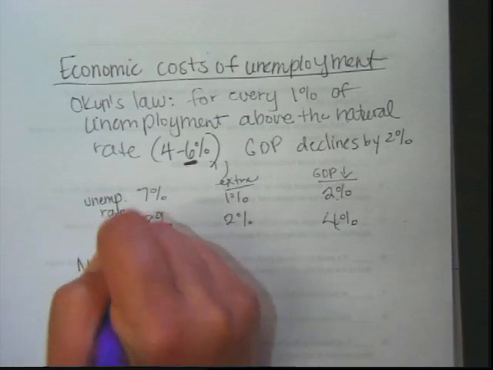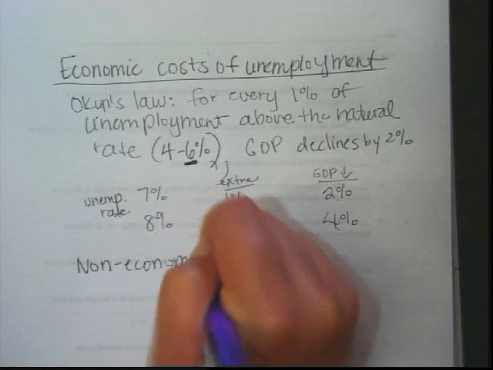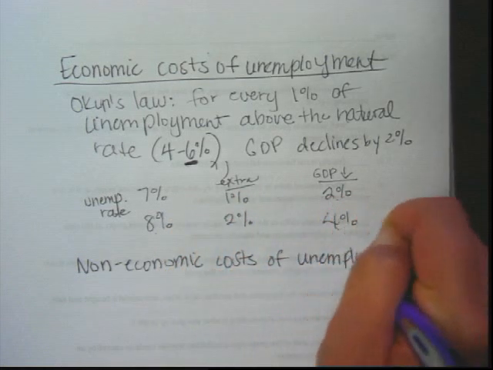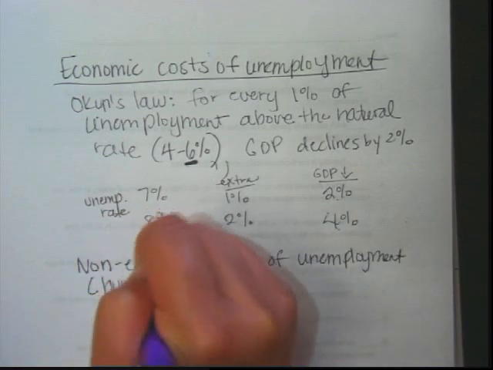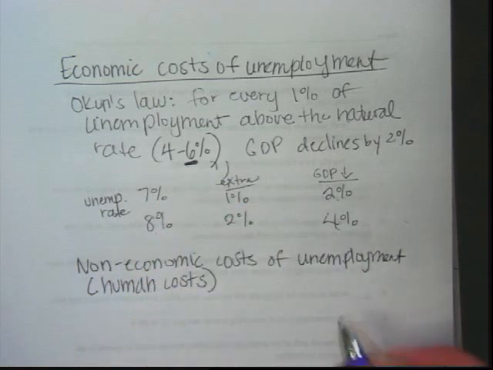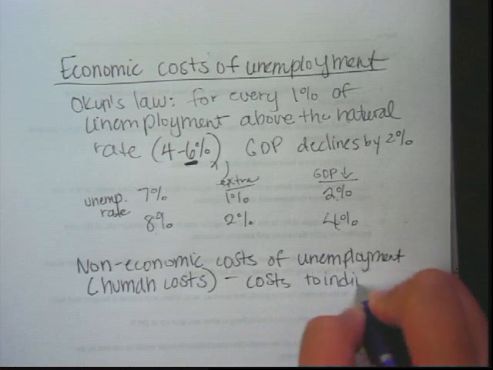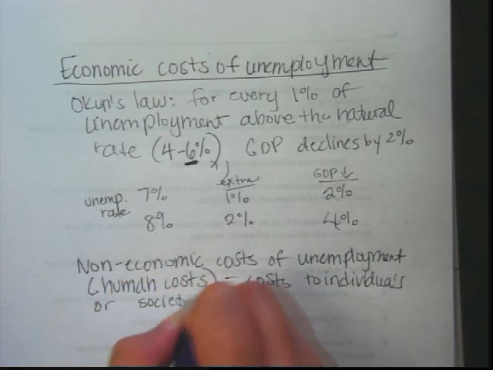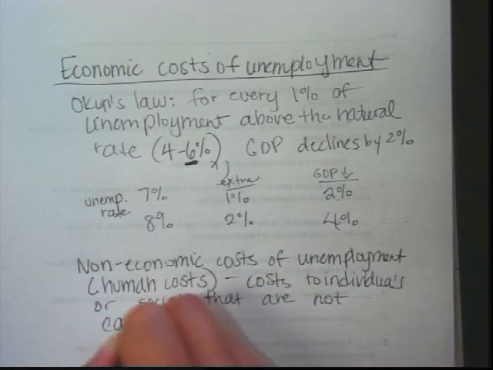Then there are non-economic costs of unemployment. These are also referred to as human costs of unemployment. And you can define this as costs to individuals or society that are not easily measured